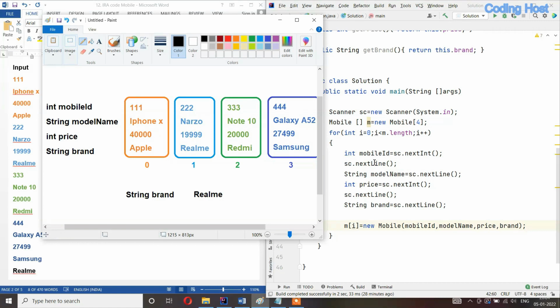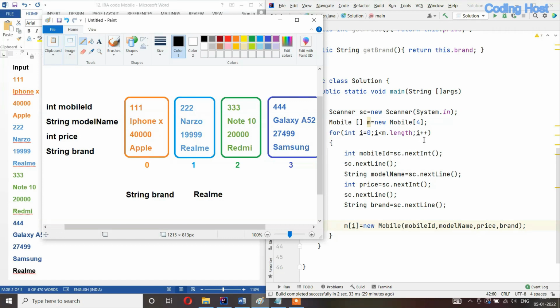Now I will explain how we are taking input using this for loop. First I have made an object array of class Mobile of size 4. Then I have taken this for loop, which will start from 0. At index 0, first it will take the input of these 4 variables, and here we are making an object using the new keyword, and in that object we are inserting all these values, and we are storing this object at index 0.